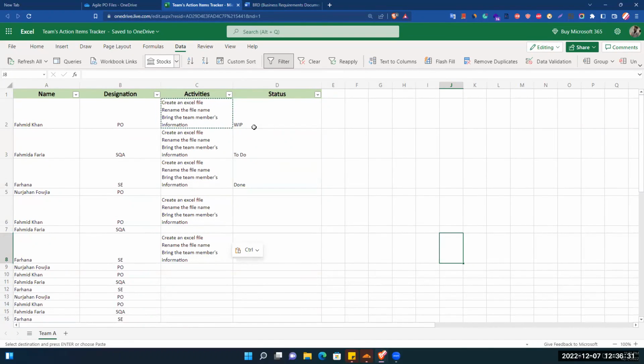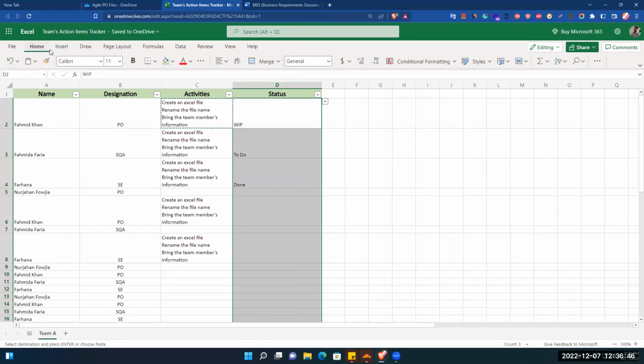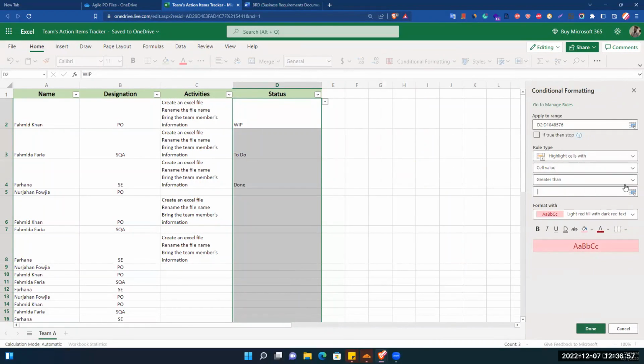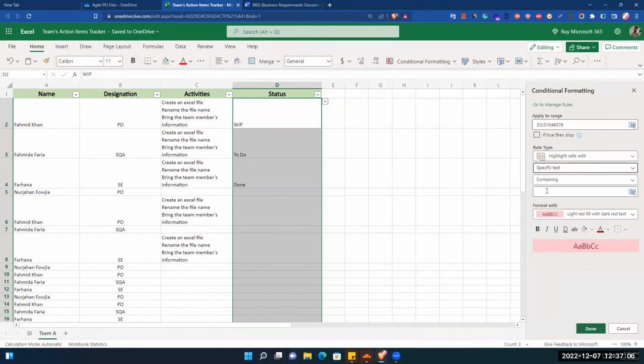So for that, what we can do is add a condition here. So let me select this and keep the status unselected, then go to the home again, then here is the conditional formatting. Okay, then I can create a new rule here. So here, the cell value, or if I select the specific text containing, okay, to do. Okay, if it is